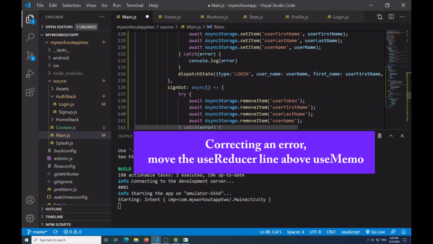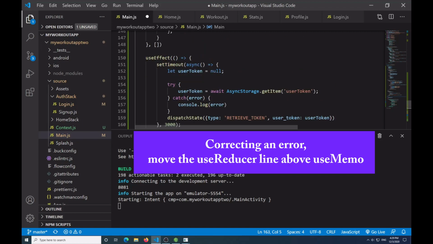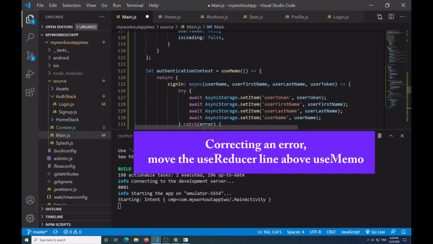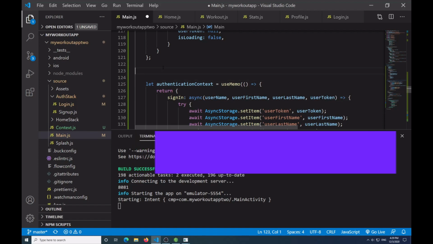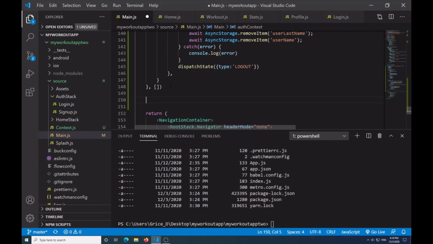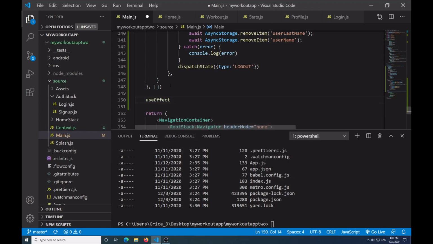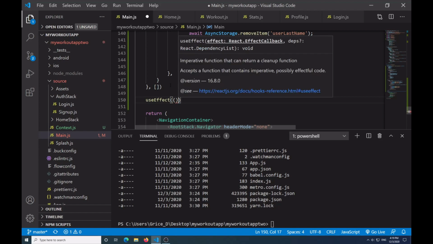Let me move this down here, see if this does anything. So then I'll just put this above my useMemo right here. So after this, I'm going to put my splash screen. I'm going to enable it whenever I first use the app. So let's say use effect. Inside my use effect, I'm going to